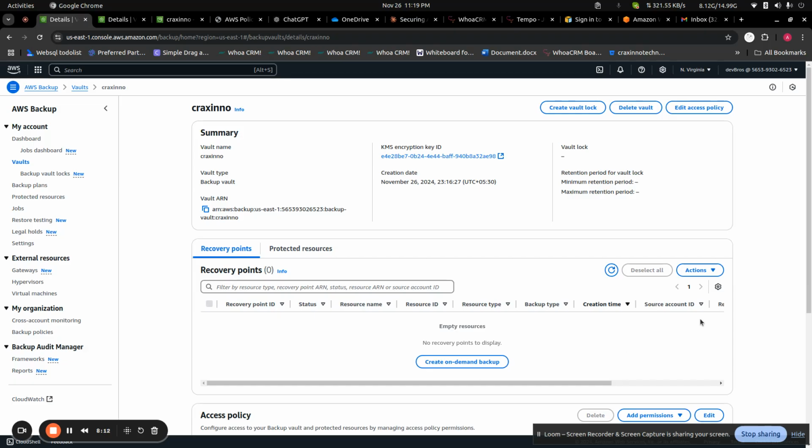Once the backup is completed and all the process is done, we'll be able to see the recovery point here, and then we will be able to select that recovery point, and from the action we can restore it, and the data will restore to S3. Restoring is super easy. Now, an important thing is